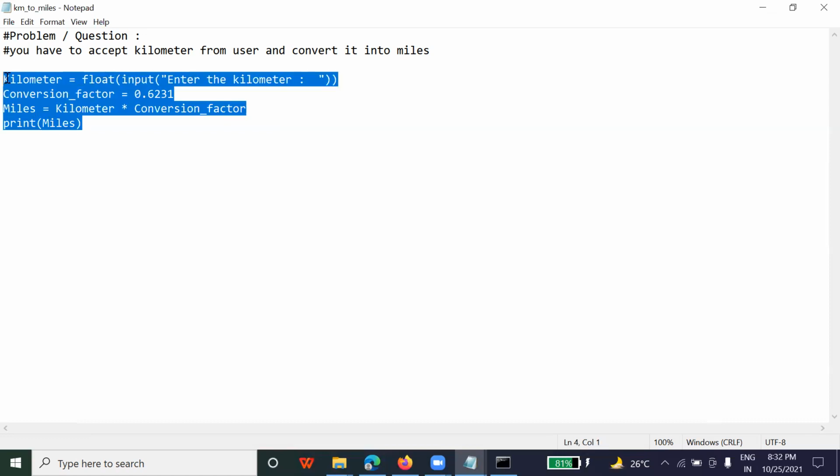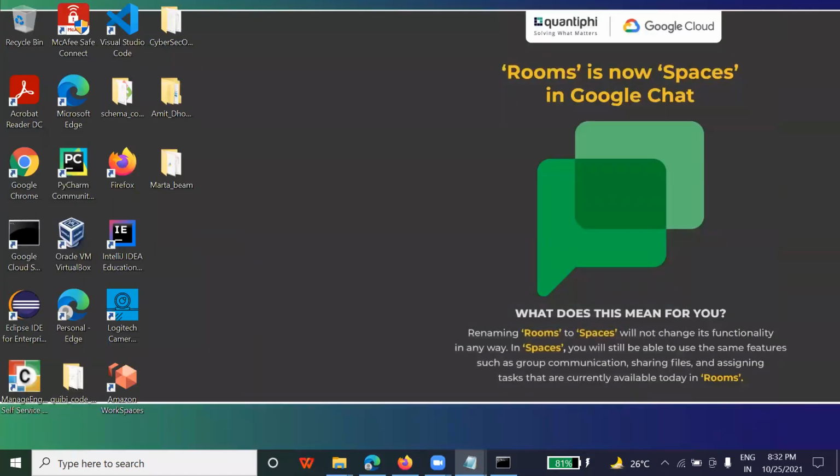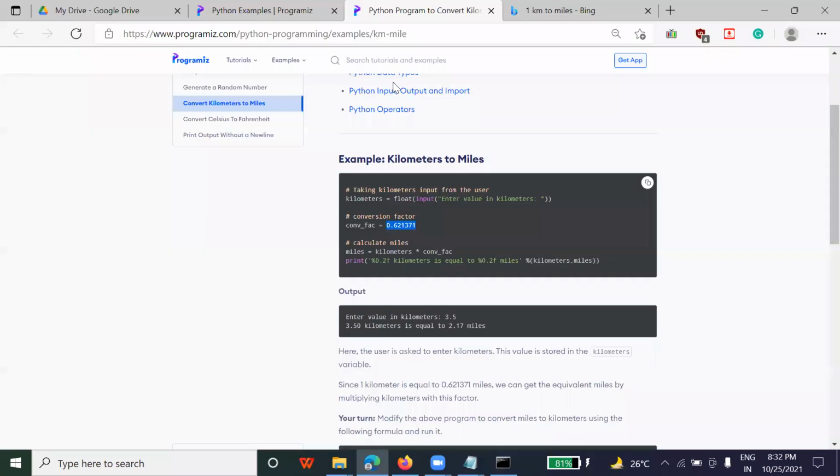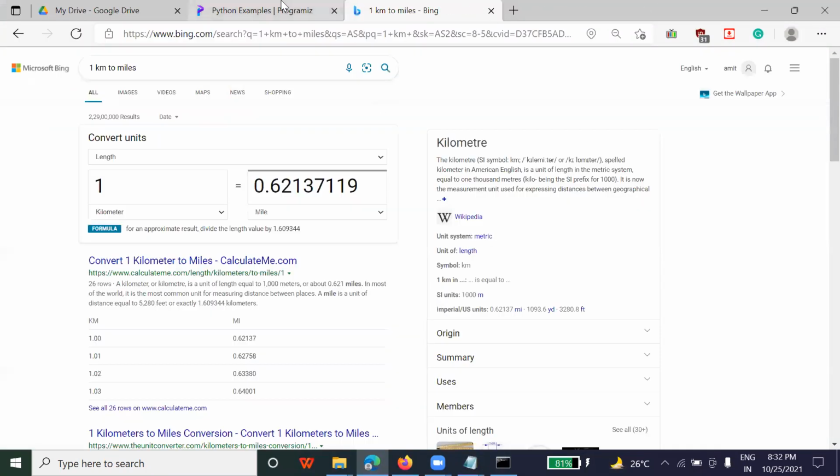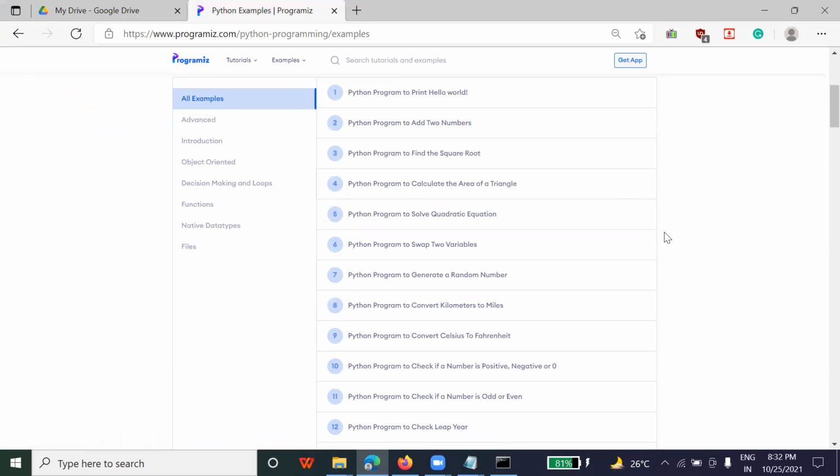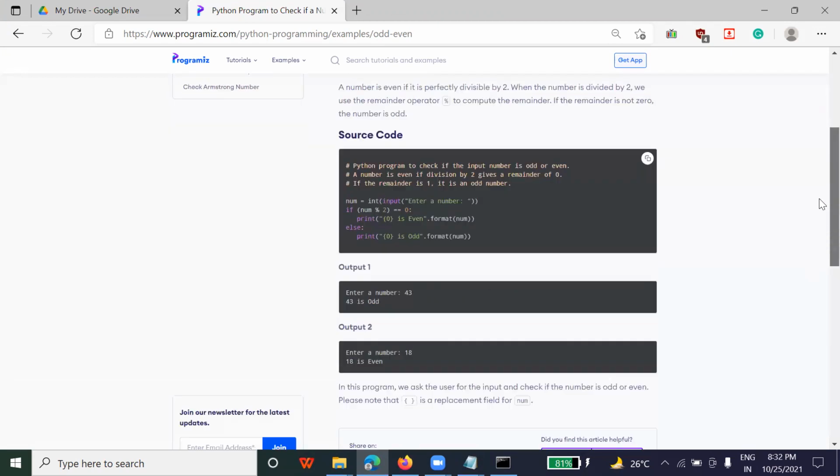So like this is one problem domain. Okay. Now let's solve another problem. So let's think. Suppose you need to check whether a number is odd or even. Okay, how are we going to do that?